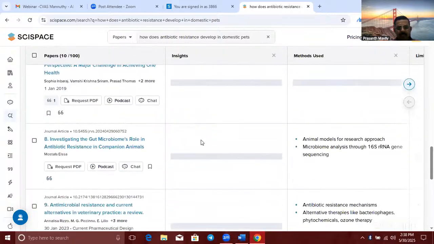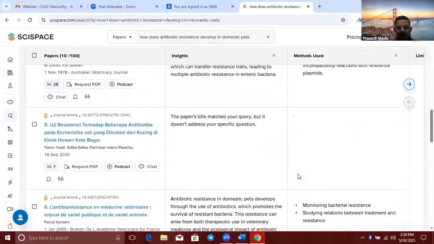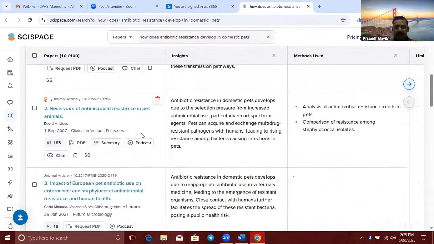If you want, you can load more papers, and you can see the columns. This is the first paper, development of antibiotic resistance in animals not receiving antibiotic therapy. And on the right side, it gives a quick insight into what is discussed in these papers. And the next column gives methods. Like that, you can develop up to 5 columns in the free plan, and you can prepare as many columns as you want in the subscribed plan. You can see the different papers. On each paper's right side, you can see the methods used, insights,